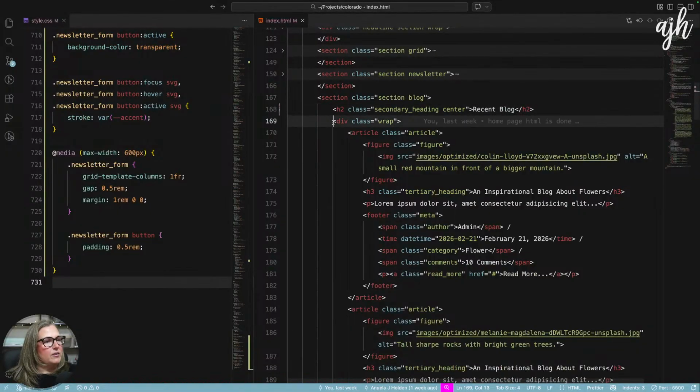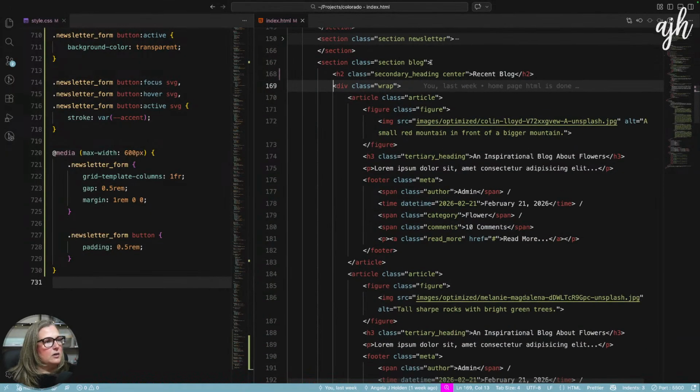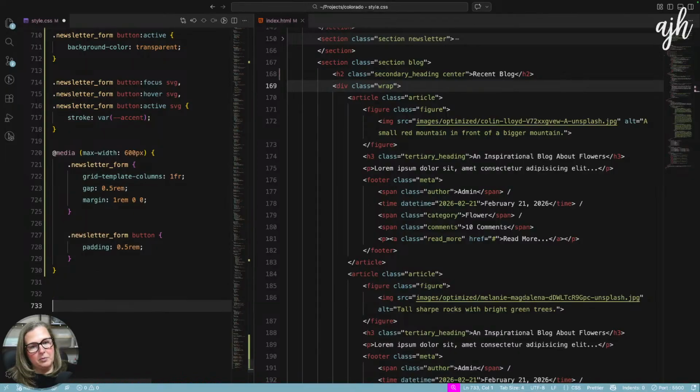Beautiful. And then everything else, our blog items, our articles are inside this wrap. So we'll call this the recent blog. So this is the blog.